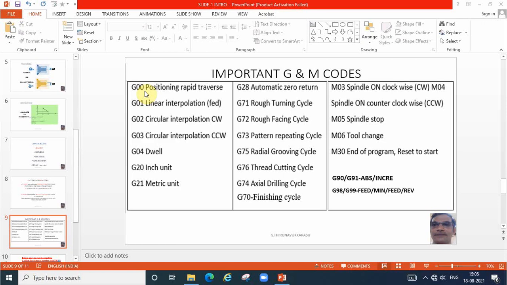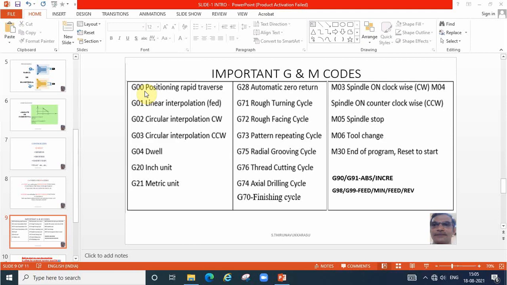If it is a circular clockwise direction, G02 we can use. If it is an anti-clockwise direction, G03, we will get a curvature like that. So G00 is a fast movement, G01 is a slow movement. At G00 time the tool will not touch the material. When G01 is there, the tool will be touching the material.